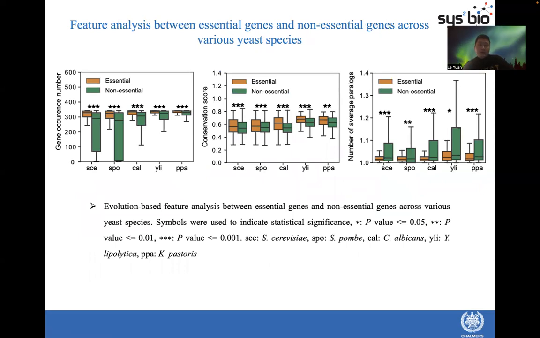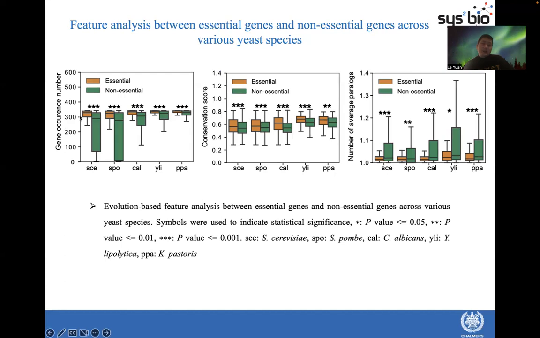One more important thing is feature analysis in machine learning, because in this step, if we do feature analysis, we can know whether some features could differentiate essential genes from non-essential genes or not. For example, here, the y-axis in the three box plots is various features, and the x-axis is the species. Using this box plot as an example,